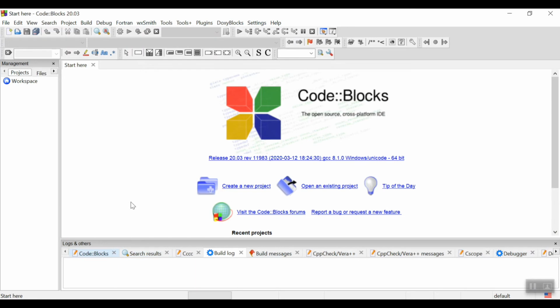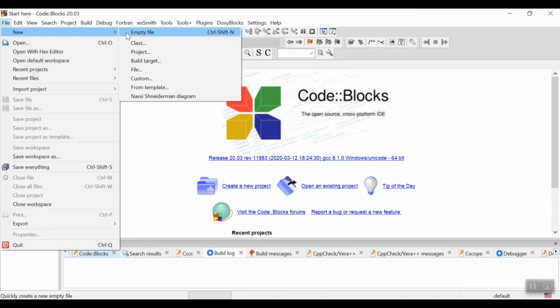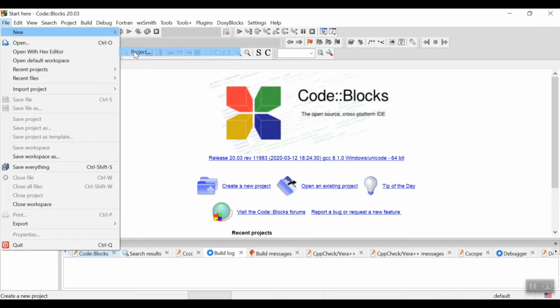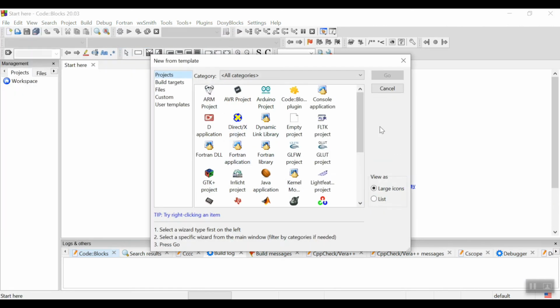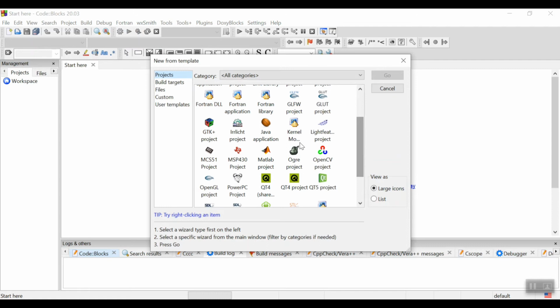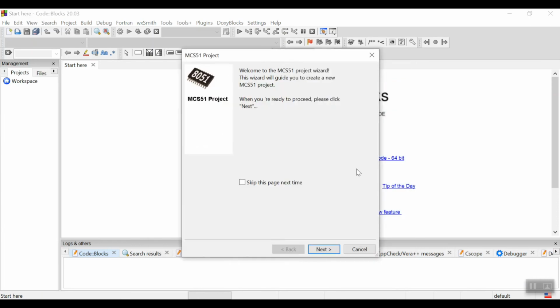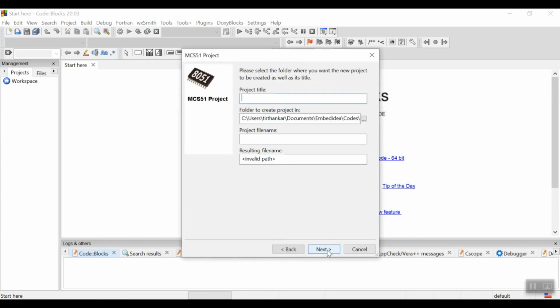I have already opened code blocks. So here first go to new and then project. Like the previous lecture, I'll be taking MCS 51, then go, then this wizard, next project title.